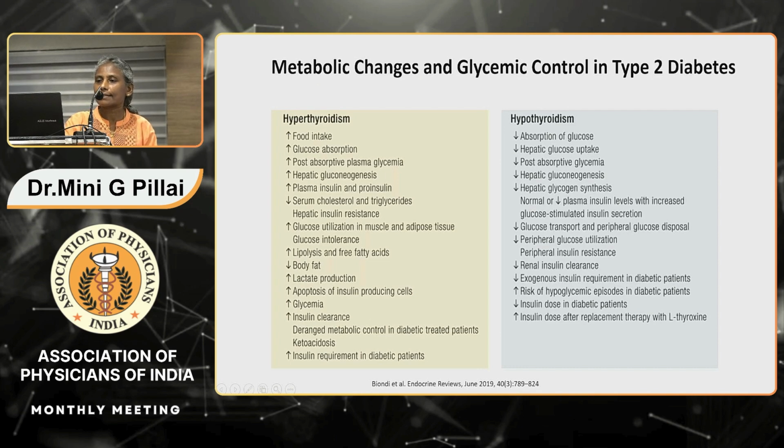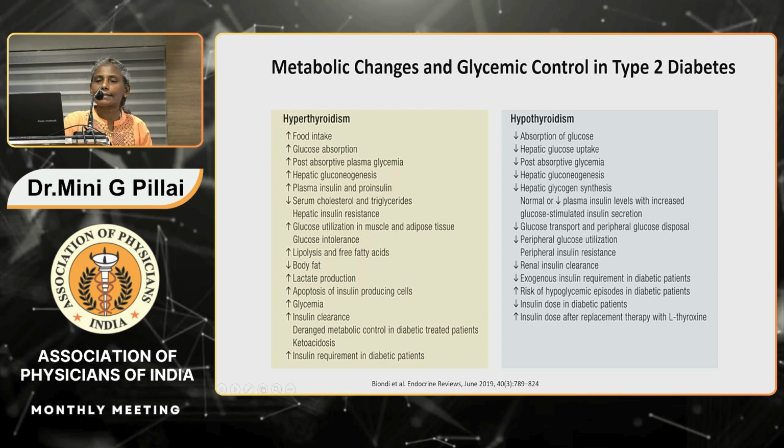So these are the metabolic changes associated with thyroid dysfunction in type 2 diabetes. With hyperthyroidism, we expect increased appetite, increased food intake, increased glucose absorption, increased post-absorptive hyperglycemia, increased hepatic gluconeogenesis, increased plasma insulin and proinsulin, decreased serum cholesterol and triglycerides, increased hepatic insulin resistance, increased glucose utilization in muscle and adipose tissue, increased glucose intolerance, increased lipolysis and free fatty acids, decreased body fat, increased lactate production because glucose breakdown is enhanced, increased apoptosis of insulin producing cells, hyperglycemia, increased insulin clearance, deranged metabolic control in diabetic treated patients, increased risk of ketoacidosis, and increased insulin requirement in diabetic